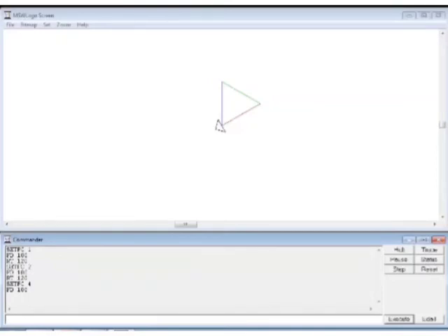The main screen before HT command. Now we will use hide turtle command. Here you can see the turtle is hidden. Now to show the turtle again we use ST. Turtle displays again.